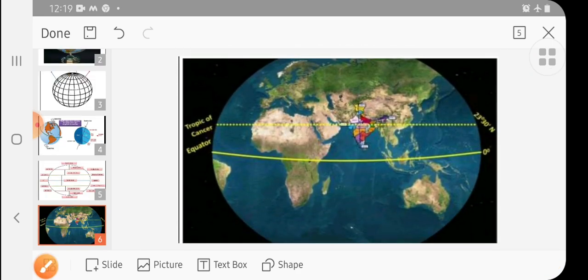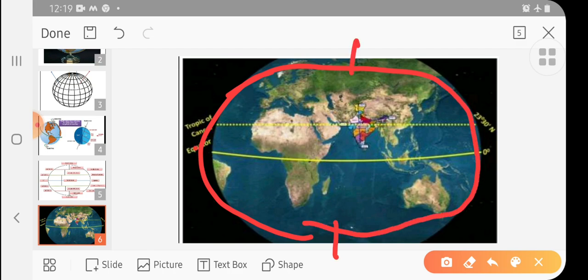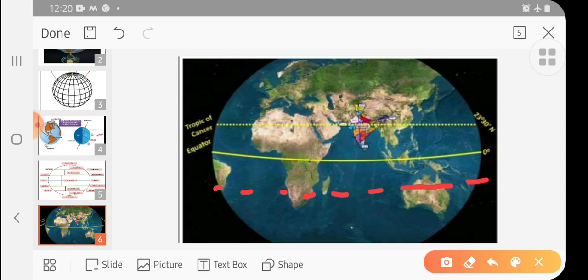After this, we understand the equator, which is the 0 degree equator, just passing through. Just remember the shape of the earth, as I told you, it is like an orange. The poles are flattened and the circumference is wider. So another lines are the Tropic of Cancer and Tropic of Capricorn. Why is it only showing Africa here? Because Africa is one of the continents where all three imaginary lines are passing through.